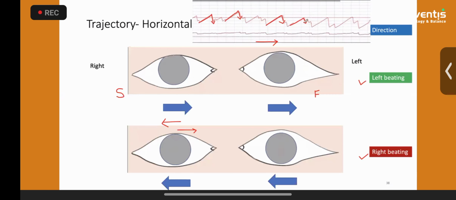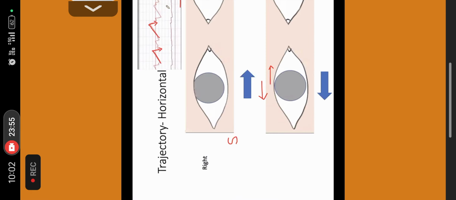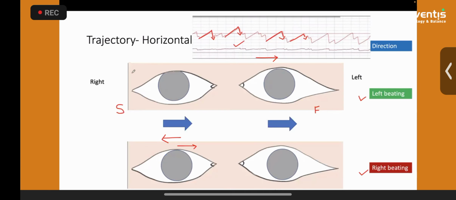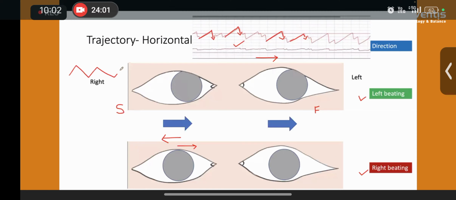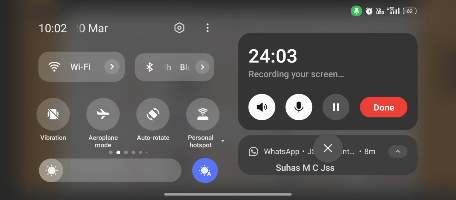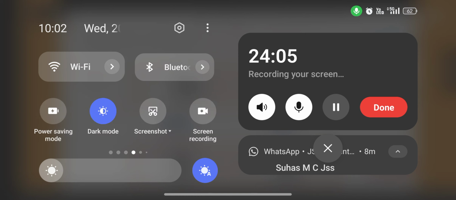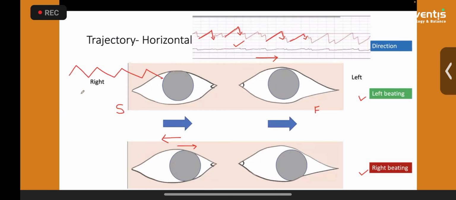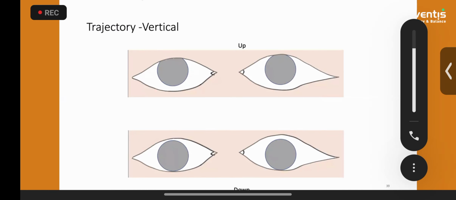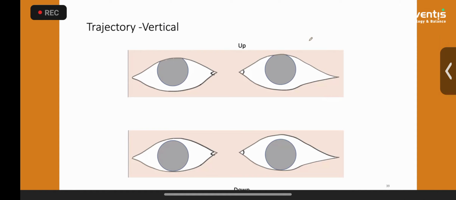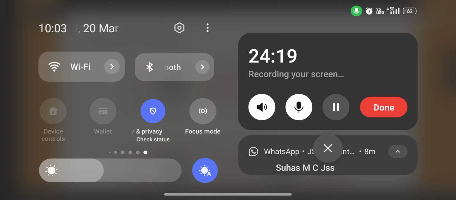So you can appreciate graphically, the left beating is like this and right beating will be like this. The fast phase towards the right, slow phase towards the left. Now there are two directions of vertical trajectory. The first one is